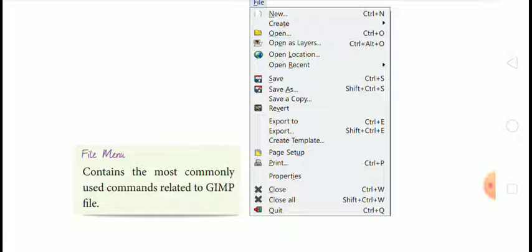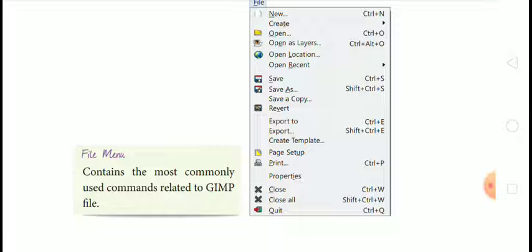Then next is properties. If you want to change any setting of the property, you can use this option.